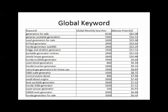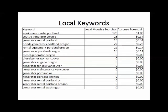The advantage of going after global keywords is that the traffic is much higher, but so is the competition. The other types of keywords to keep in mind are local keywords, and these are local in terms of geography. So here again are more generator-based keywords that are focused on the Portland, Oregon and Vancouver, Washington area. And the first thing you should notice is that the local monthly searches are much smaller than the global monthly